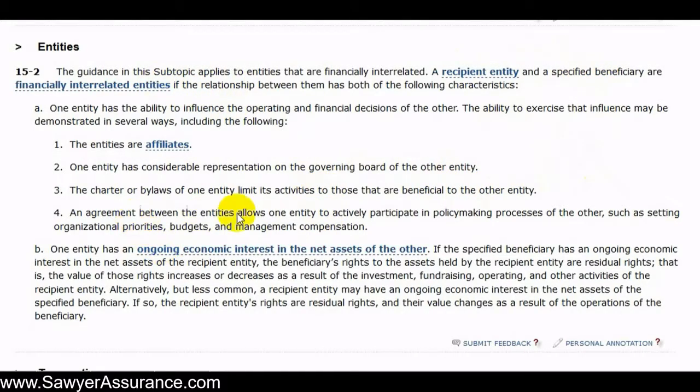And finally, an agreement between the entities allows one entity to actively participate in policy-making processes of the other, such as setting organizational priorities, budgets, and management compensation. So these might all be examples of ways that one entity has the ability to influence operating and financial decisions